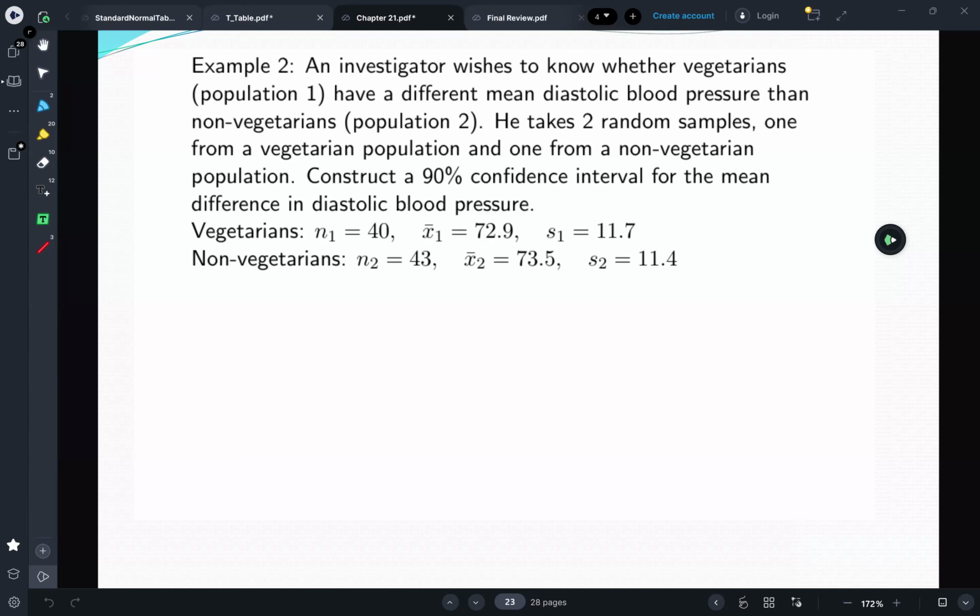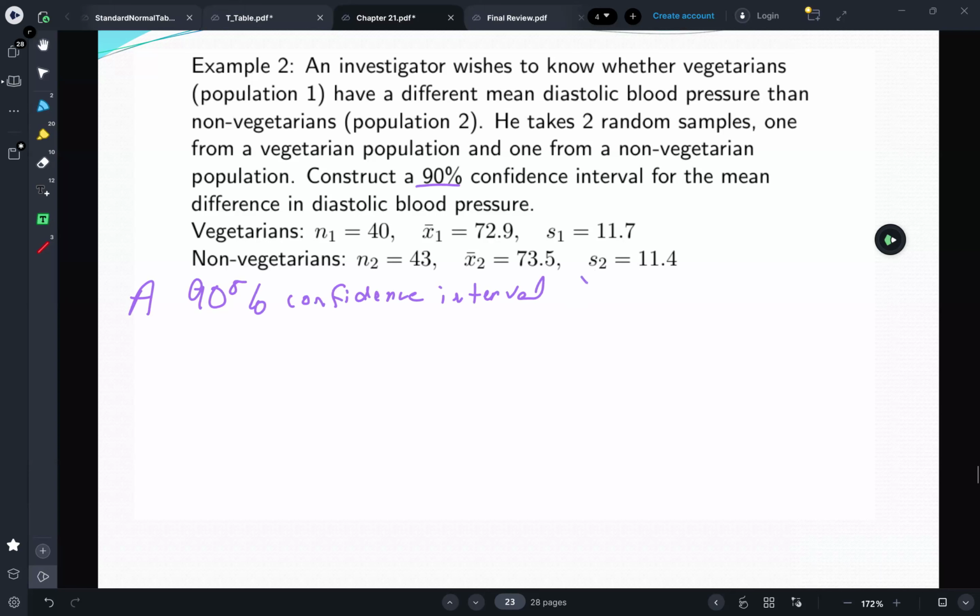So we can construct the confidence interval for the mean difference of the diastolic blood pressure between the vegetarians and the non-vegetarians to see if there is a difference. Okay, so we would plot the data, take a look at the box plots if you want, and see if there's visually anything, and then we can do these confidence intervals. So a 95, or 90 they want this time. 90, so 90%. So a 90% confidence interval